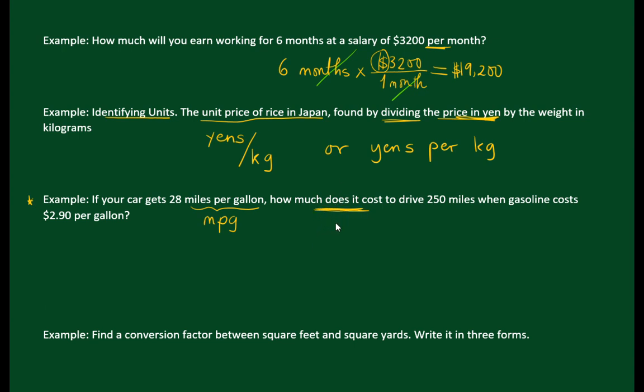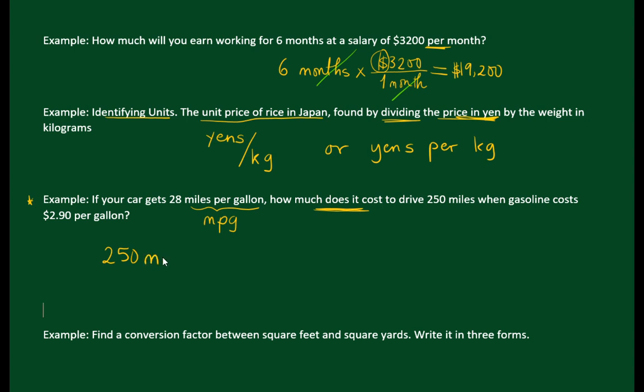So the final unit that we expect is dollars. And if you do some critical thinking for this problem, it's easy mathematically. You divide 250 by 28 to get the number of gallons of gas, and then you multiply that number by 2.90 to get the price. It's that simple. But I would like to do it the way that we did in the first problem, by eliminating units to get dollars at the end. So we have